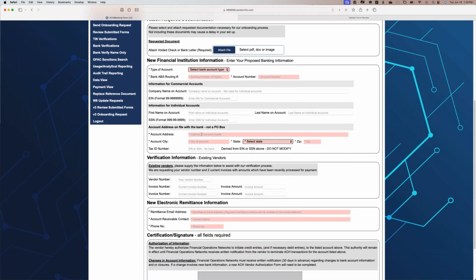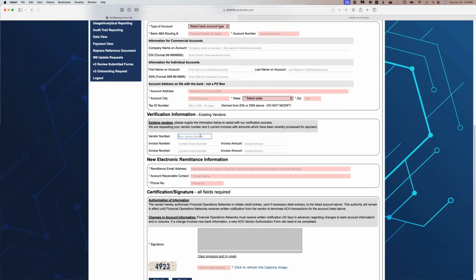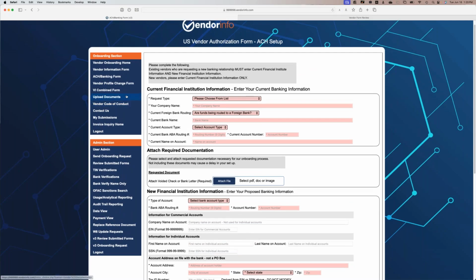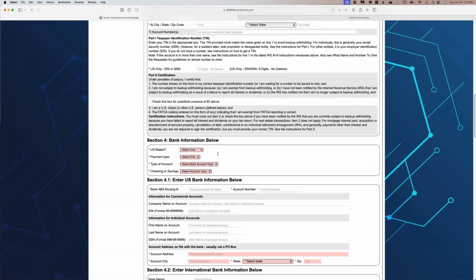You can also have them enter further corroborating information such as their vendor number or a current invoice number and an invoice amount or an invoice date. All of these things would work together to help you validate that the request to change a bank account is actually legitimate.